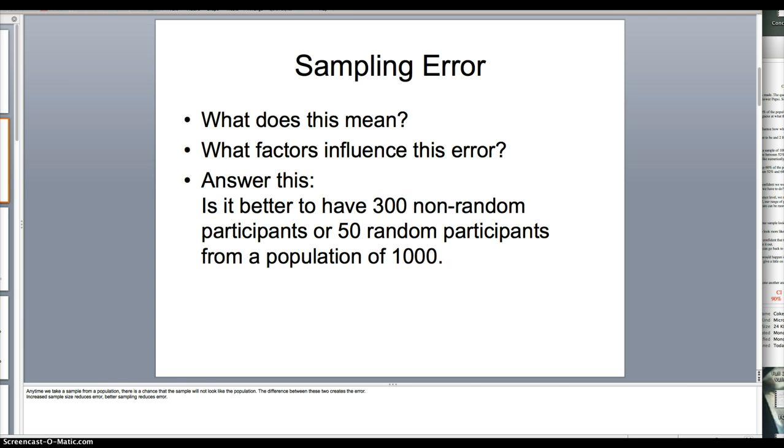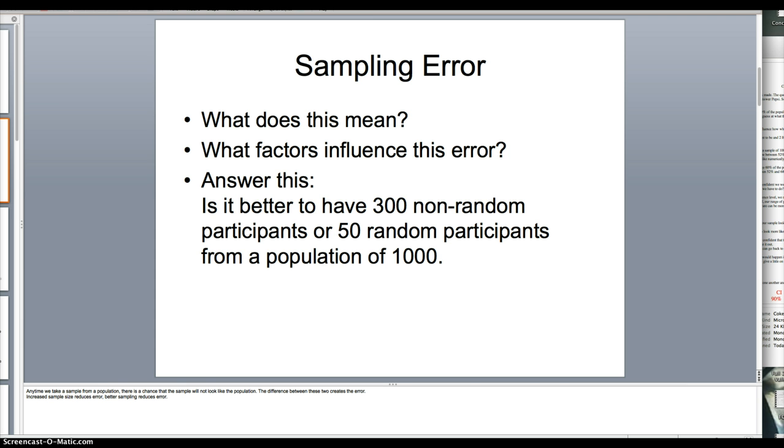Anytime that we take a sample from a population, there is a chance, a very strong chance, that the sample will not really look like the population. For example, if we're going to select a sample of all the fifth graders, depending on how good of a job we do, they may not really represent every kind of fifth grader there is, and we know that to be true. And the difference between these two things creates the error. The problem with this is